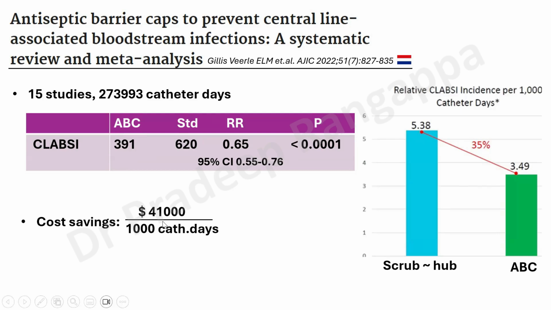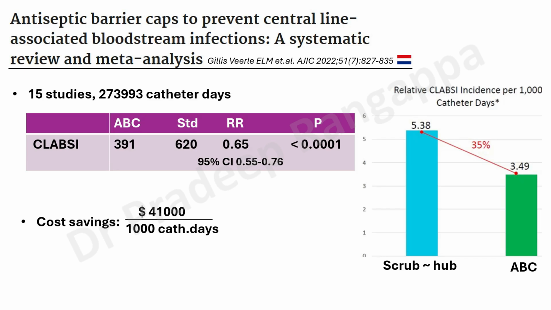And here they even looked at the cost savings. The cost savings was $41,000 per thousand catheters. So possibly these are the two things that we should look at adopting: chlorhexidine gluconate as an adjunct to all the standard processes that need to be put in place. These are the additional things that we could possibly adopt: chlorhexidine gluconate transparent dressing, or chlorhexidine sponge, and antiseptic barrier caps, because it is shown that the portal of entry is the usual culprit for all the colonization, and this is a good study to substantiate that it has a role in mitigating